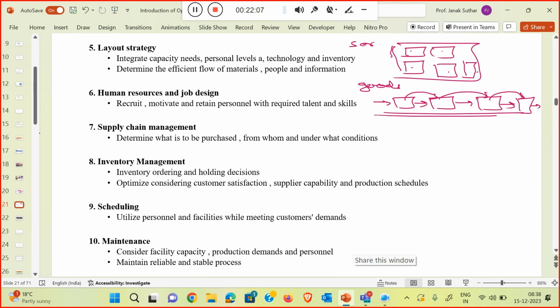So your layout should be like that. Unnecessary movement which is not adding any value will be reduced. So that is again part of the layout strategy. We will discuss a lot about the layout strategy in the coming session, because it changes with respect to